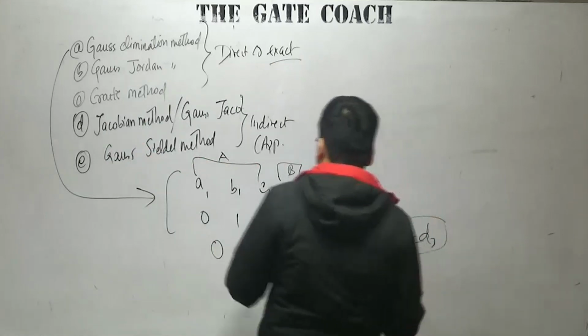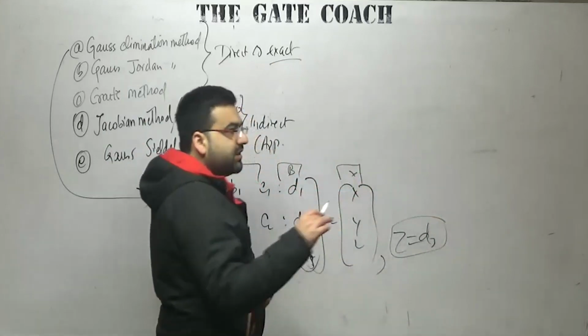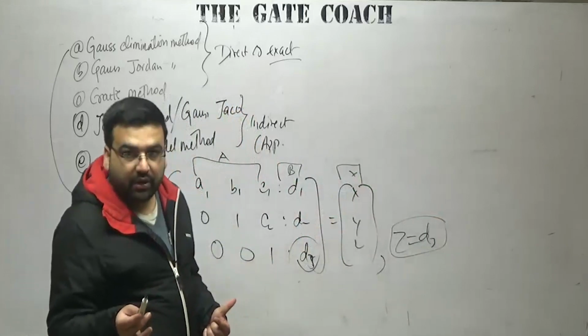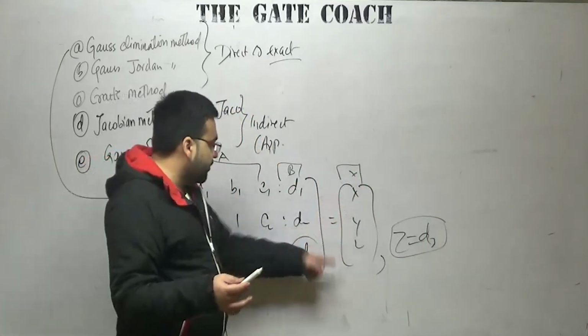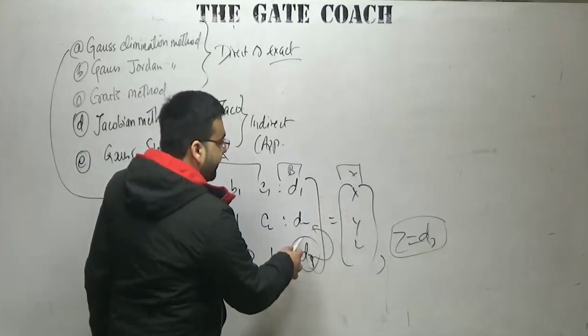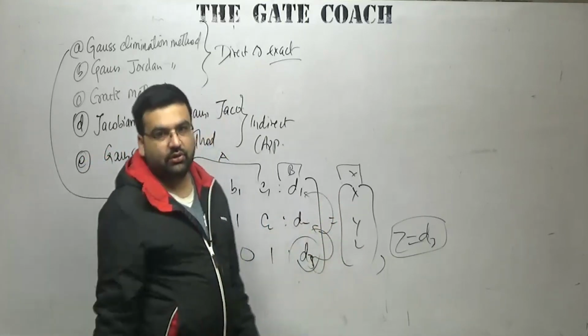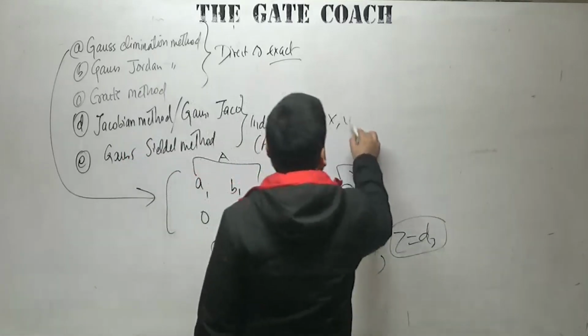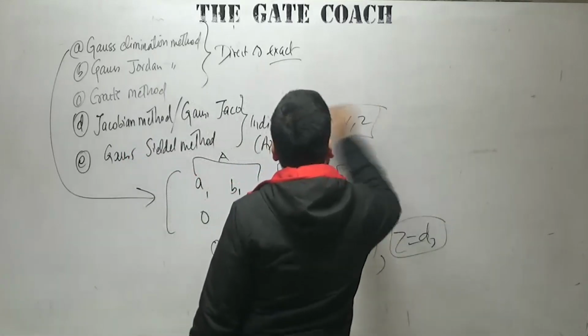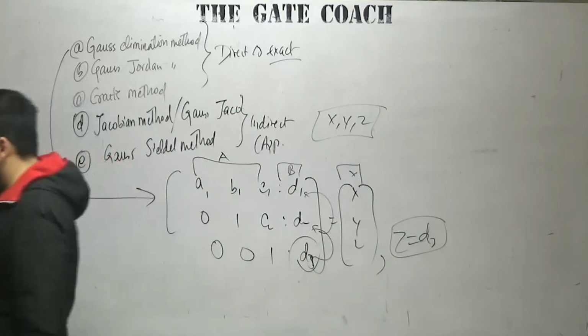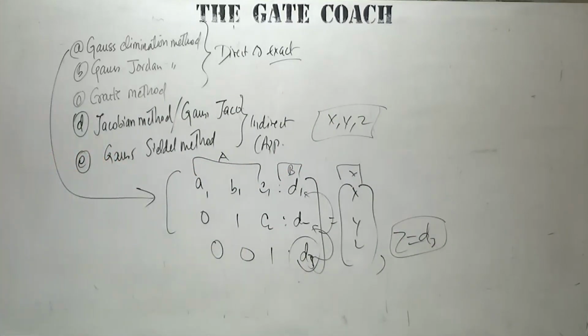Once you have got the value of Z, you make some equation in the form of X, Y and Z. X will not be there, put the value of Z here, you will be getting the value of Y. Put the value of Y here, you will be getting the value of X also. So all the values of X, Y and Z will be clearly known. So this is what the Gauss elimination method is, right? In this method we do the back substitution, remember it, because it is important, this word, the back substitution.